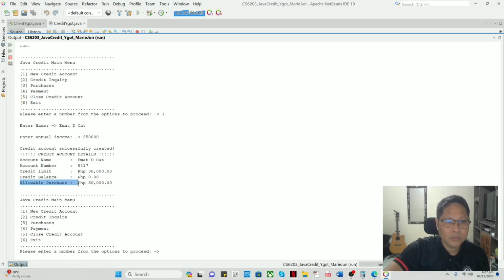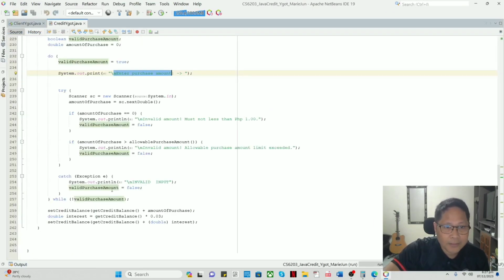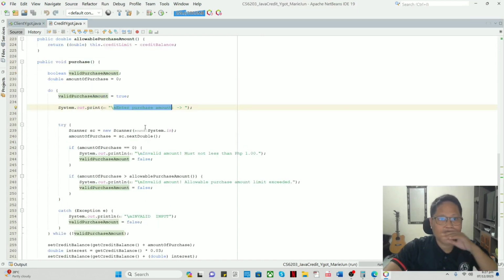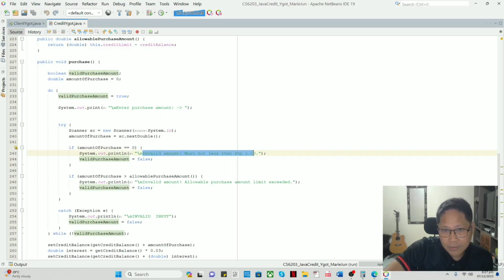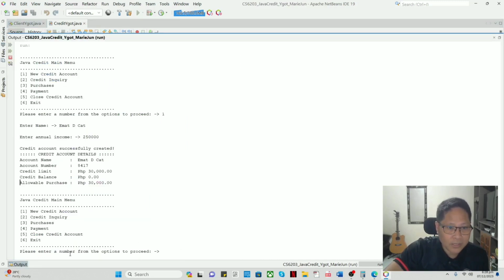So let us test its validity. First, let's test the amount equal to 0, if we just put 0 on it. Let's test what the system will do. So we hope it prints this one. Again, so let's put, please enter,